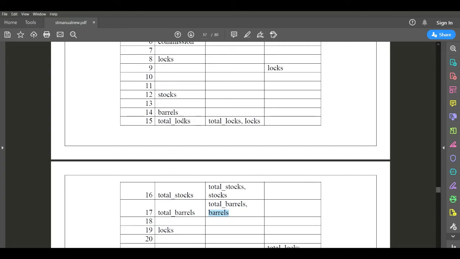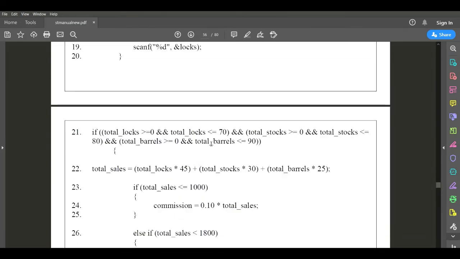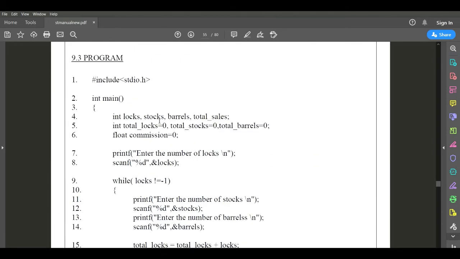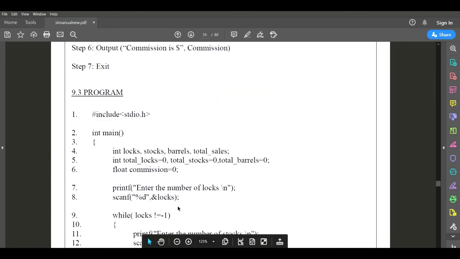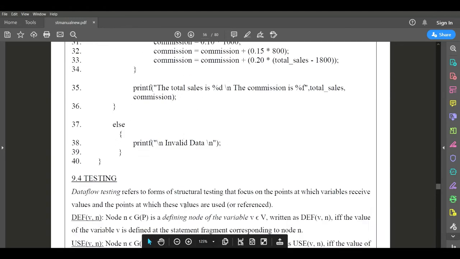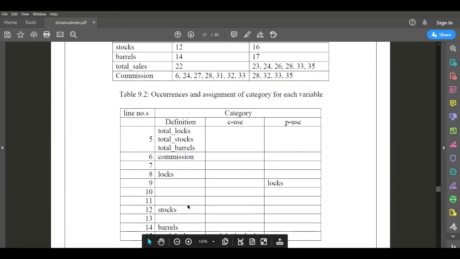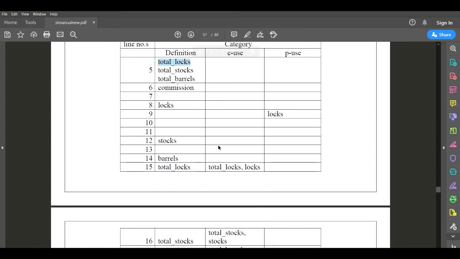Next, total lock. So total lock value is defined first time in line number 5, correct? Where am I using it? In line number 15. Defined in line number 5, I am using it in line number 15. This is the total lock, total stock.